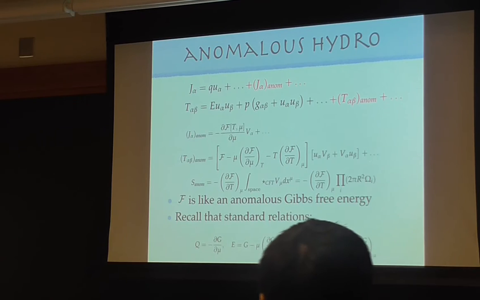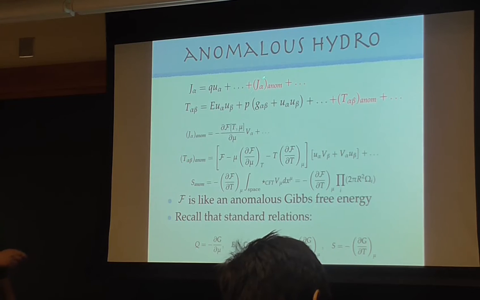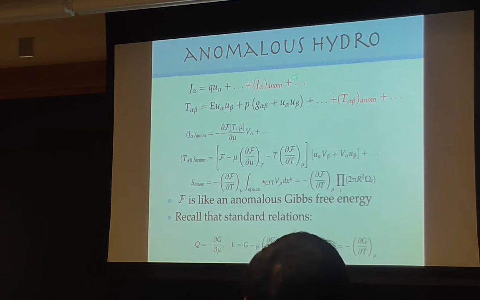I can say in one sentence what they did, which is a series of 3 papers, each of which is more than 50 pages. In anomaly, or in hydrodynamics, you write out all possible terms you have by symmetry with some coefficients, and there are coefficients that depend on T and mu in some way. Now, you consider a partition function of a QFT in 2n dimensions, that has an anomaly. If you vary it, it gives you currents, and if you vary the metric, it gives you all these terms. But you also know that it's supposed to be captured by a Chern-Simons term in 2n+1 dimensions using anomaly inflow. And insisting that the Chern-Simons term, when you do all these variations, reproduces things that cancel this in the 2n+1 theory, fixes all the various coefficients.